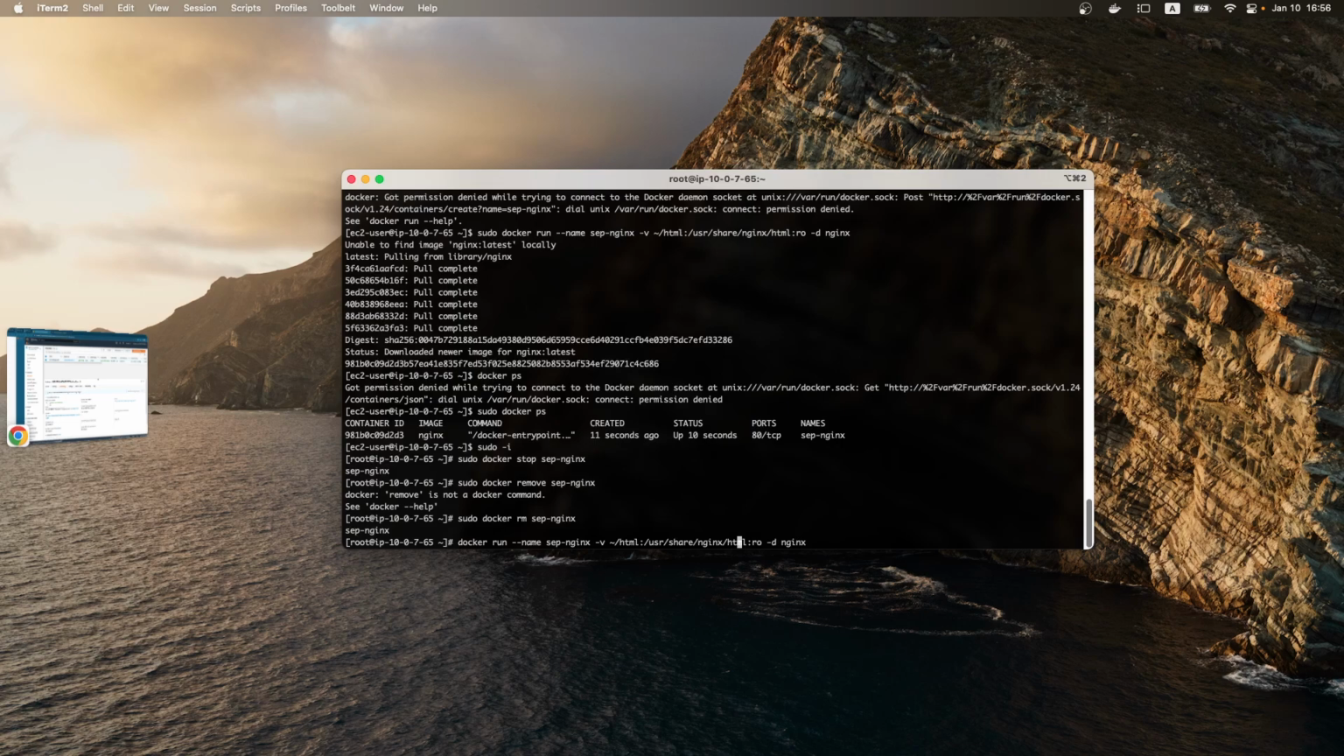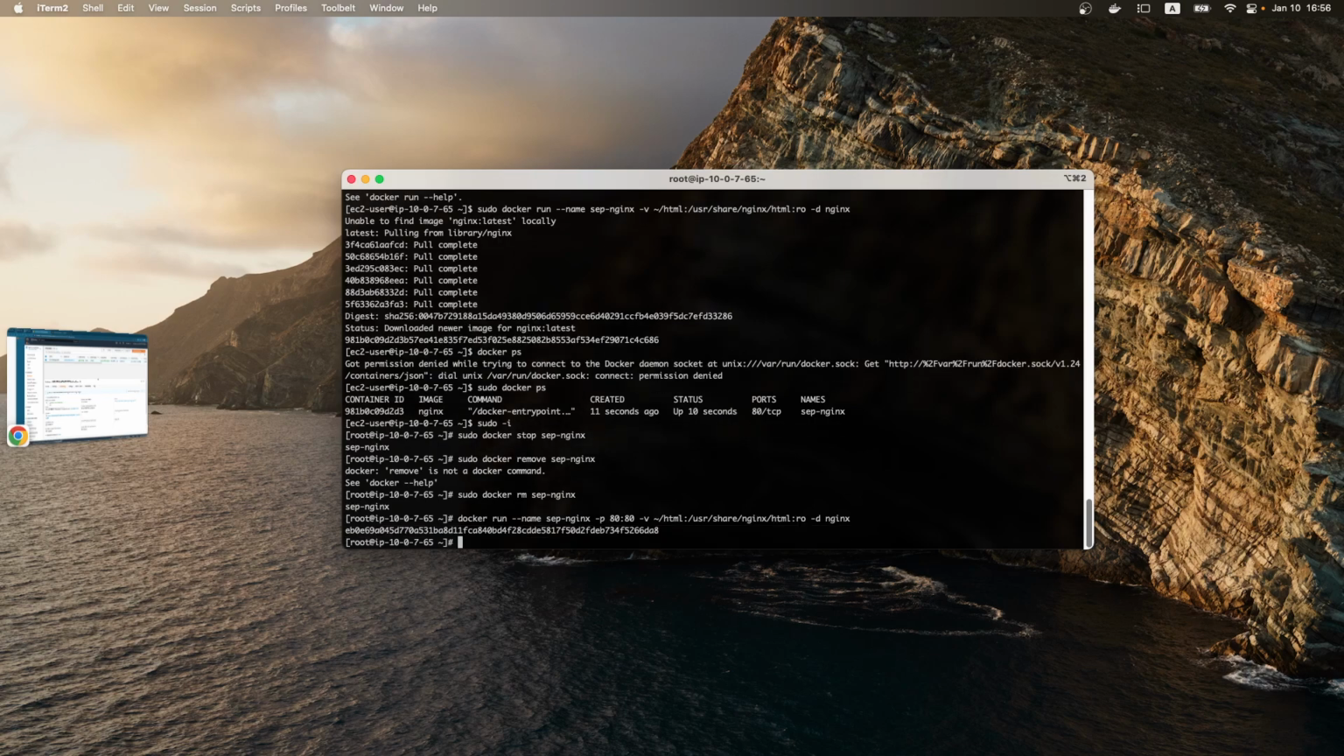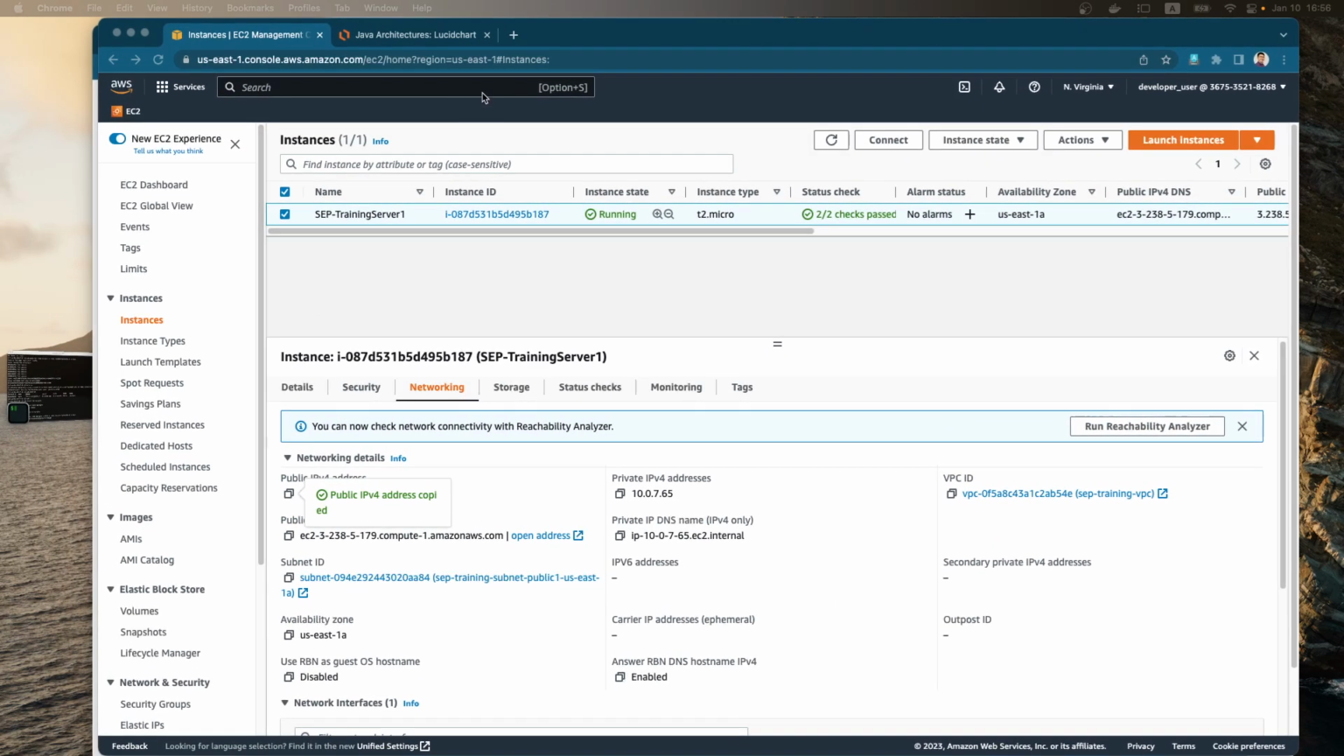And before that, make sure that we have a port forwarding. It could be put anywhere, let's see, after the name. Port forwarding from our port 80 to the Docker's port 80. So this is the correct way. Same image, but now we have a port forwarding, so that when we go here and